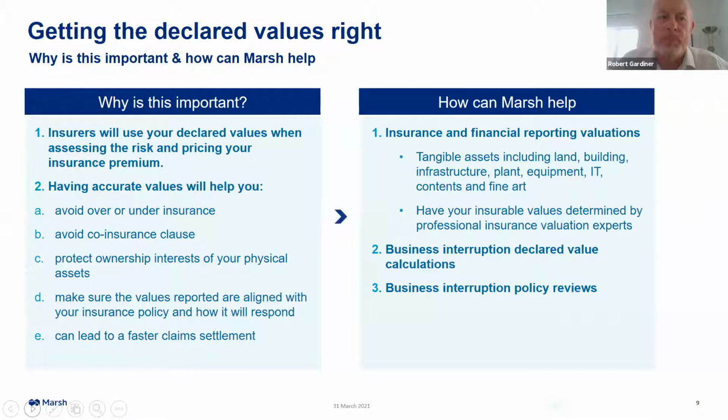The impact of that is potentially insurers looking to include a co-insurance clause. And we've seen that over the last few years. Insurers are more and more seeking to put that in place where they haven't got a current valuation. So again, a co-insurance clause will potentially impact a claim settlement in the event that the declared values are not appropriately declared. So again, it reinforces the recommendation about reviewing those declared values and making sure they are accurate and current.